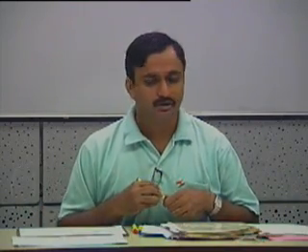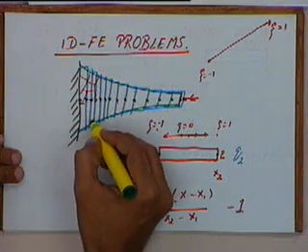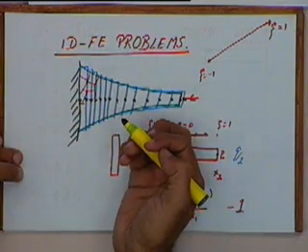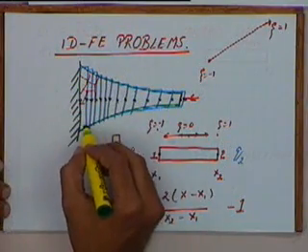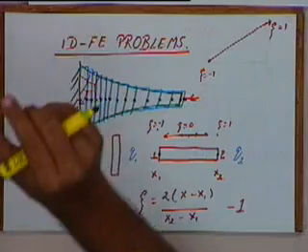Any question on whatever I have covered today? Is the volume of each element the same? Volume of each element need not be. The size of the element will be taken depending on the problem. If I take very small elements, our computation will become complex and our matrices will become larger. If I take very large elements, our accuracy will be less. So if in a certain area I expect higher stresses, I give it a finer, smaller element size. If I expect the stresses to be not very critical in that area, then I take a larger mesh size.